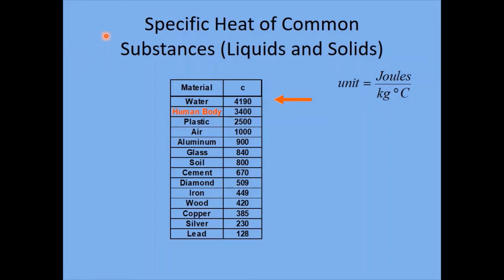So specific heat is a value that depends on the material, and it's something that we don't memorize. We just look it up in a table to see what the values are. This is basically a short table of the specific heat of some common substances, liquids and solids. What's interesting is at the top of the list, by far, is just plain old ordinary water. It has a very, very high specific heat of 4,190, and the units are joules per kilogram